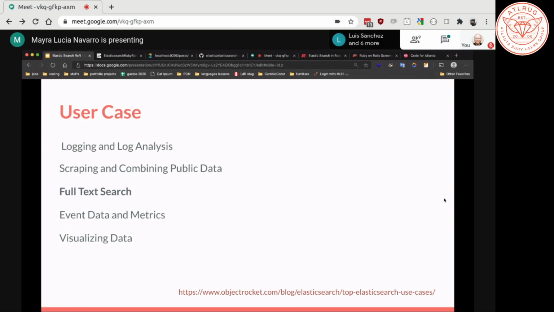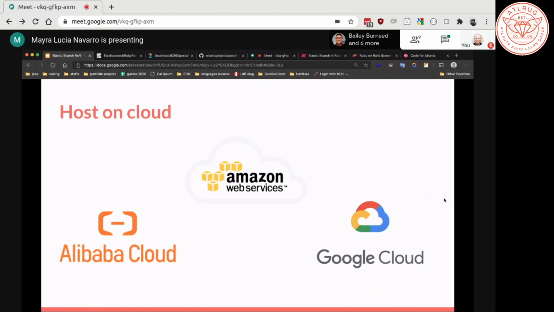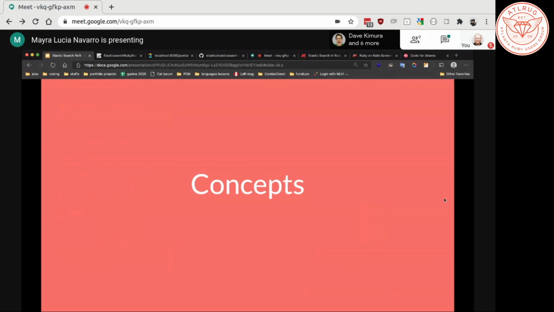Event data and metrics, because you can find the most common searches, the top 10, what people are searching, and you can visualize that data. You can do that through extra software, but it is easy to manage. If you want to host your data on the cloud, you can use the most common, Alibaba, Amazon, and also Google Cloud.